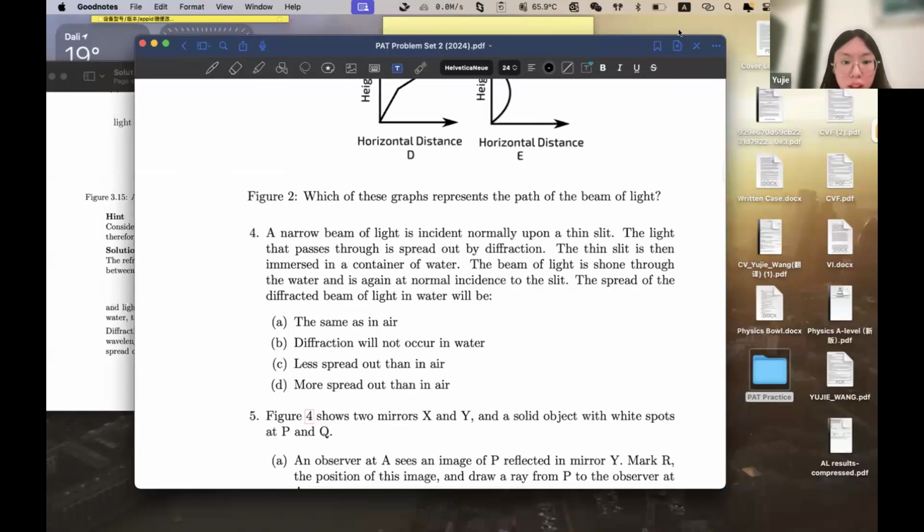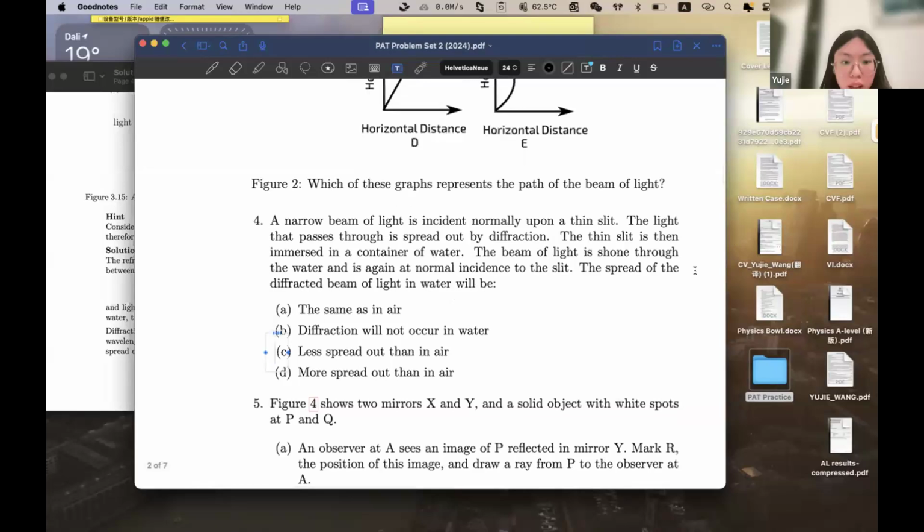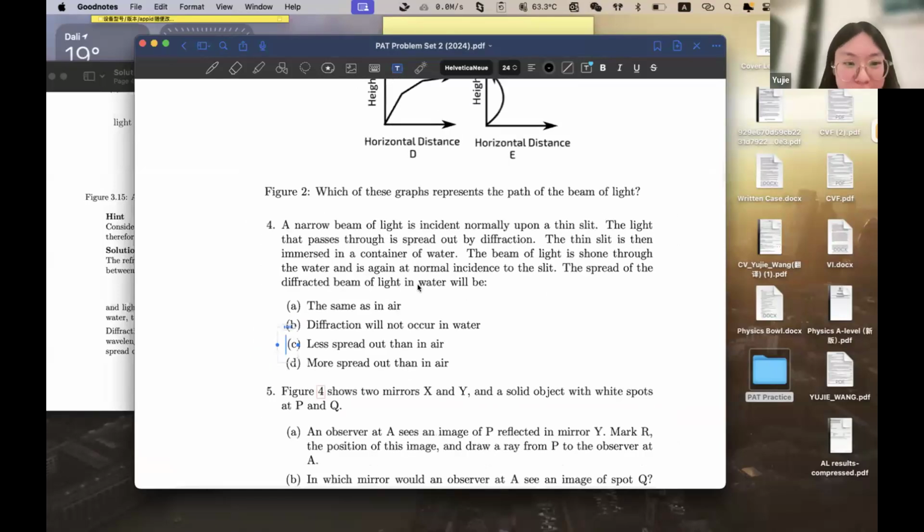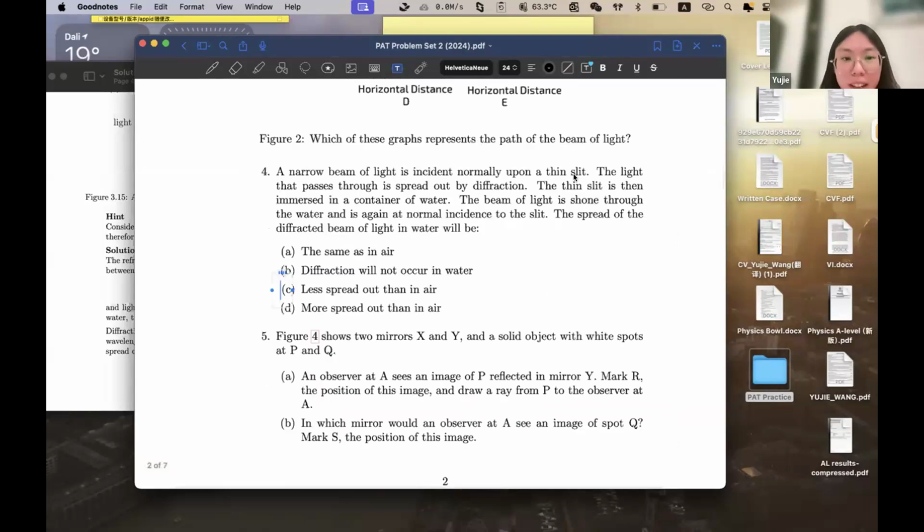Is there any question? We can look at a way to derive Snell's law through the lifeguard problem, maybe at the end of the session. The derivation of Snell's law, I think if we have time, we can go through that at the end. But let's just go through the questions first.